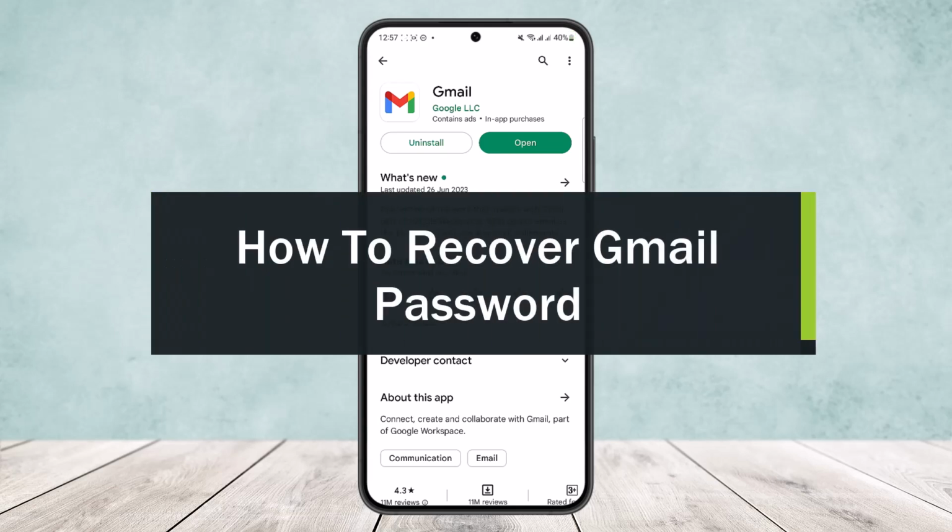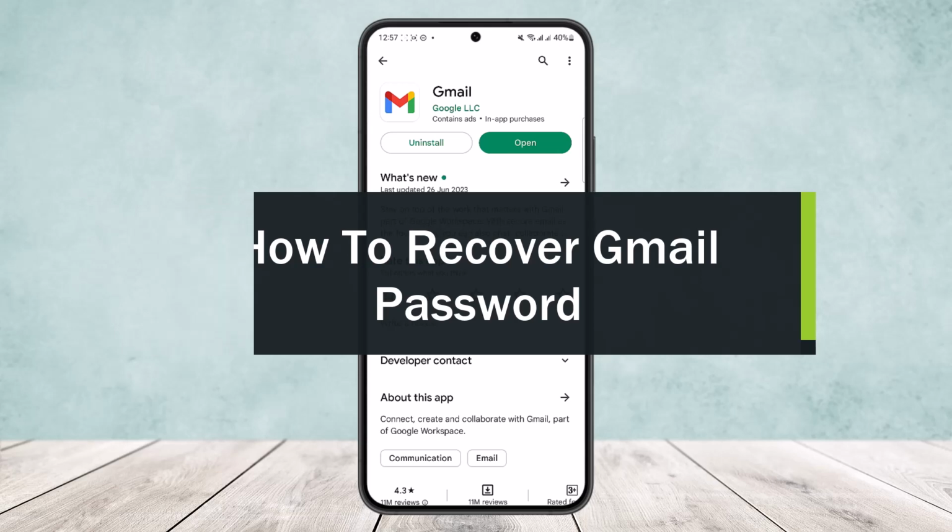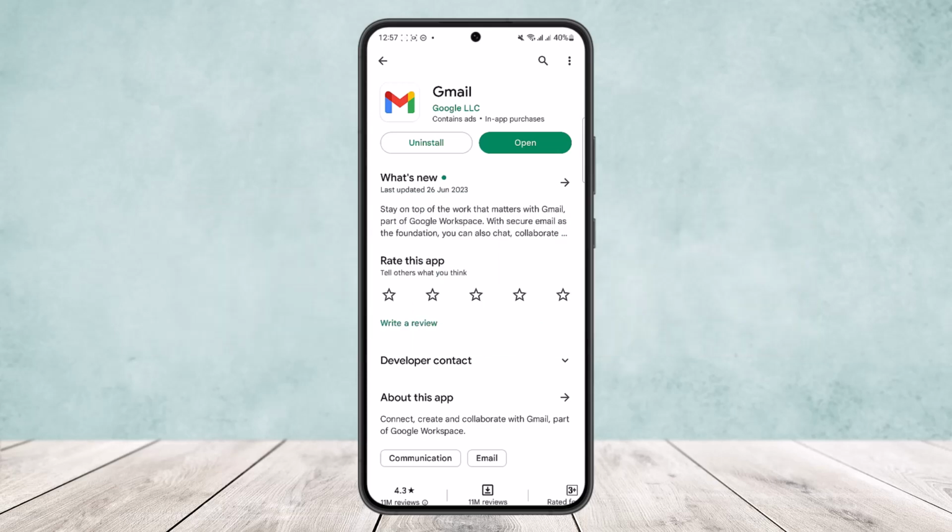Today I'll guide you on how you can recover your Gmail password. Now, there are a few ways that you can recover your Gmail password. If you are logged into your account on your device but you forgot your password, here is how you can